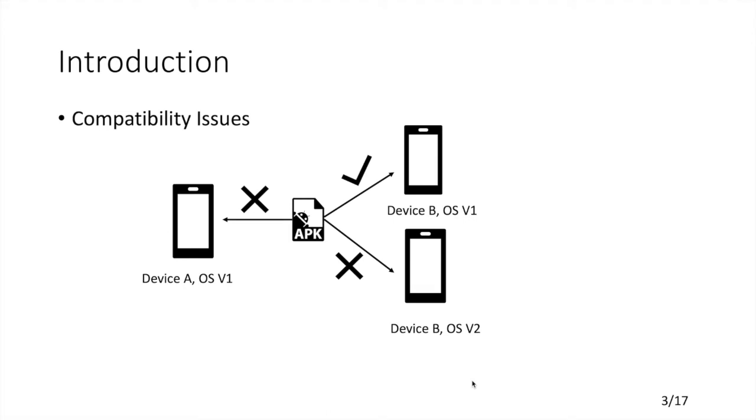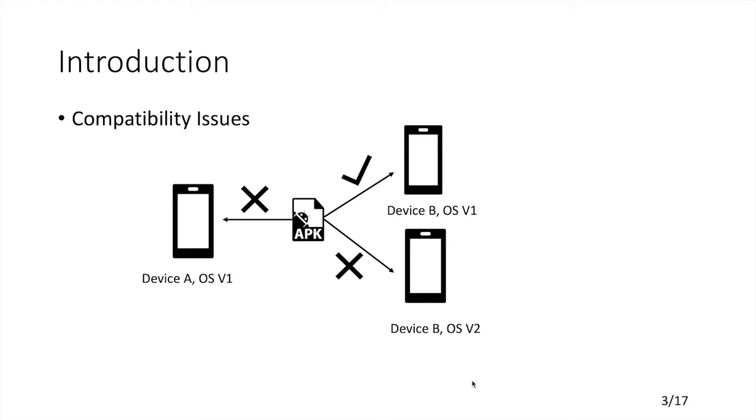Fragmentation has been a severe problem for the Android ecosystem for years. This refers to the fact that there are a massive number of Android devices manufactured by different companies running different operating systems, including both different official releases and customized ones. This introduces inconsistencies in that certain apps can only function properly on devices running certain Android versions with certain device